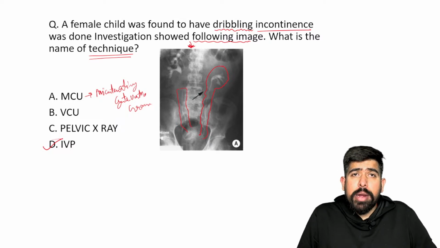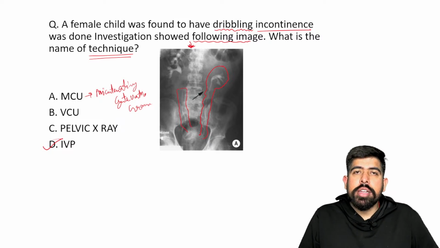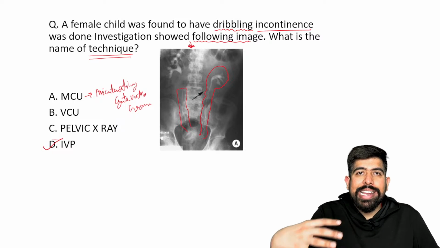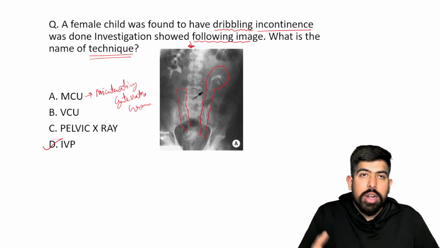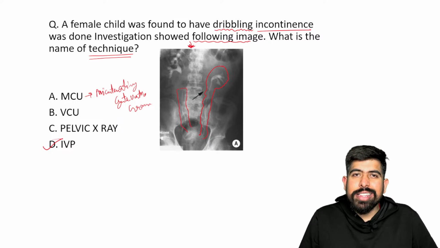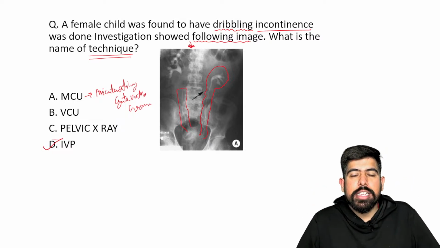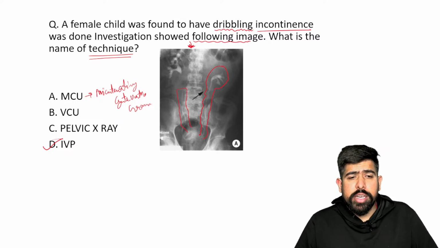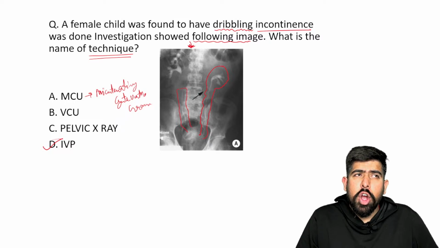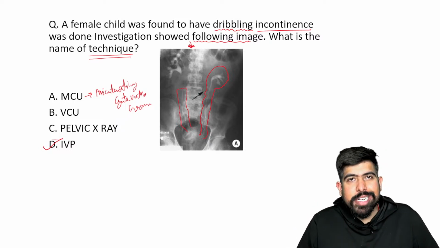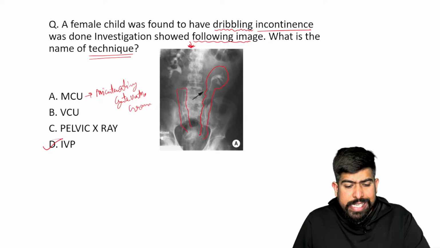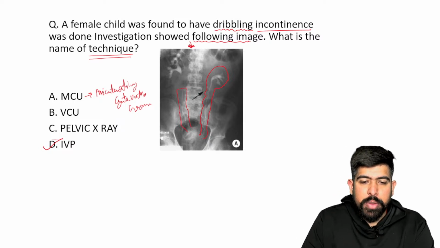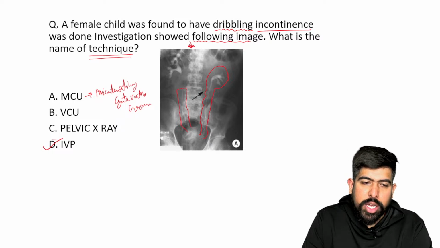And then, after filling your bladder, we remove the catheter, and we tell the patient to urinate this contrast which is filled in the bladder. Then the radiologist will do the X-ray. Frequent X-rays are taken, and there we see the anatomy of your bladder. If something changes the shape of the bladder, or some dye remains deposited inside the bladder, we can see it. So for seeing the bladder pathologies, guys, we are doing your MCU.